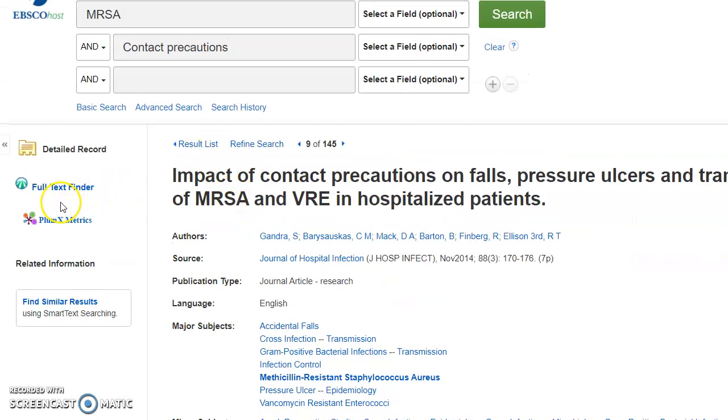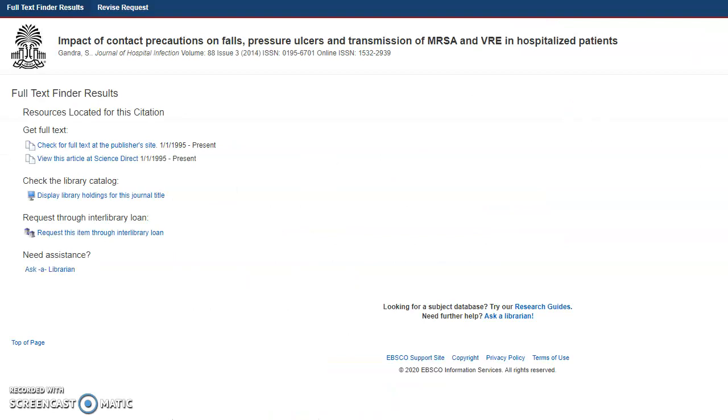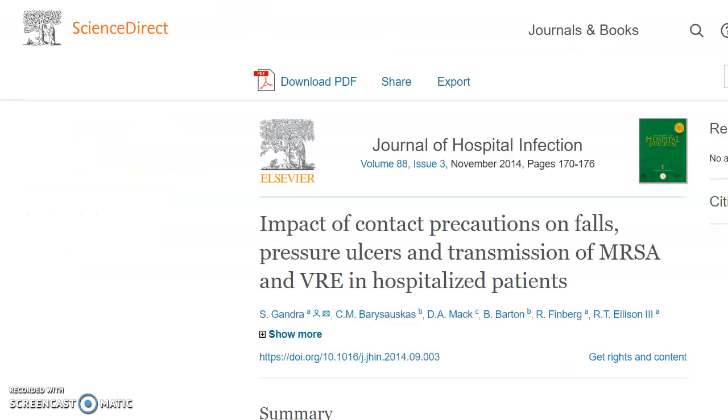Now, either on the first page or on the left over here, you can see while I don't have a PDF direct full text, sometimes you'll see this thing called Full Text Finder. What Full Text Finder is going to do is if we don't have the full text in this individual database, this is going to try to open up a bridge to try to connect me to this resource in another one of our databases. So this shows me a couple of options for accessing the full text of this article. This is ideal as in it says get full text, and it says view this article at ScienceDirect of the publisher site. That means that we have this article full text in another one of our databases,